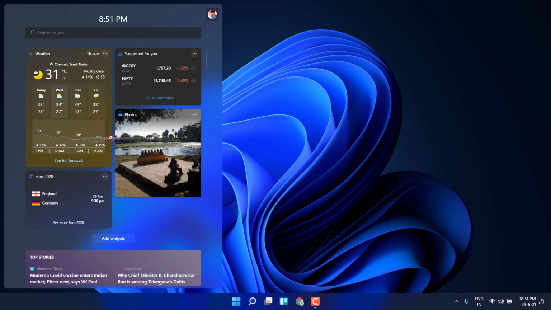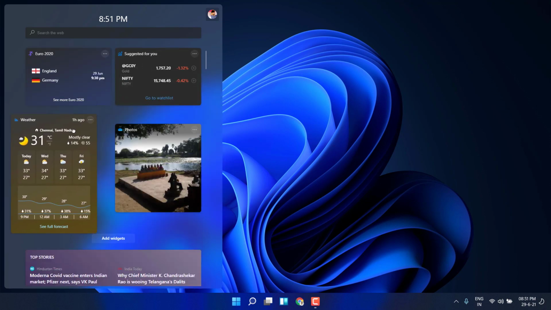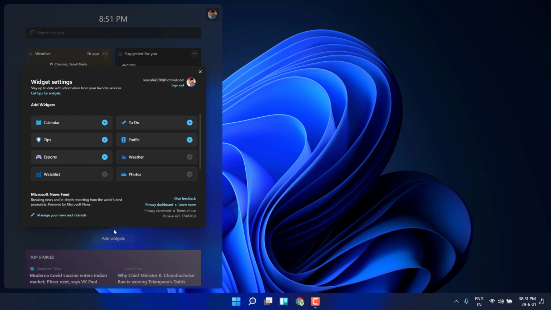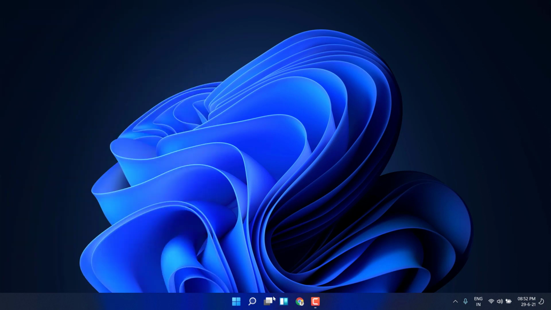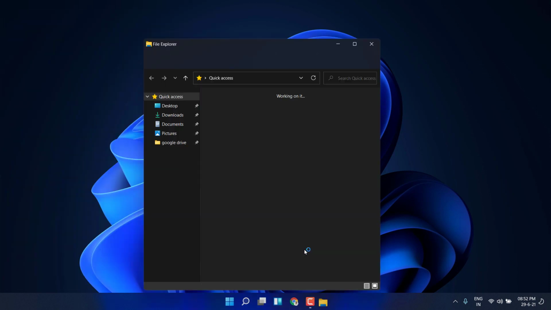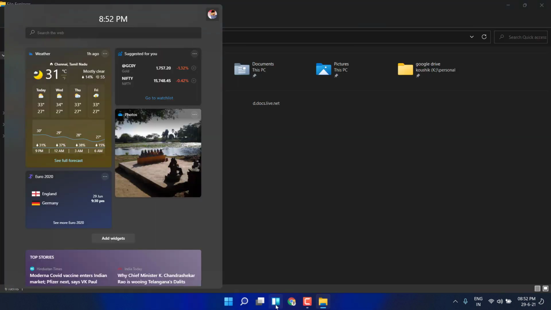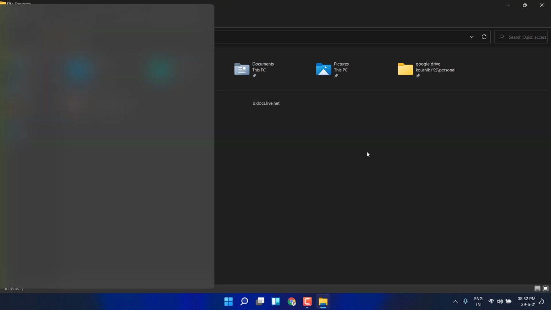Okay, and of course we can reposition or rearrange, and also we can customize this. We can add calendars or tips or sports, wish list, and a few others. And this is going to remain on top of all your applications. For example, here I have the Windows Explorer, and if I click on this widget, of course it's going to be on top of any application. So that's handy maybe for someone and may not be handy for others.